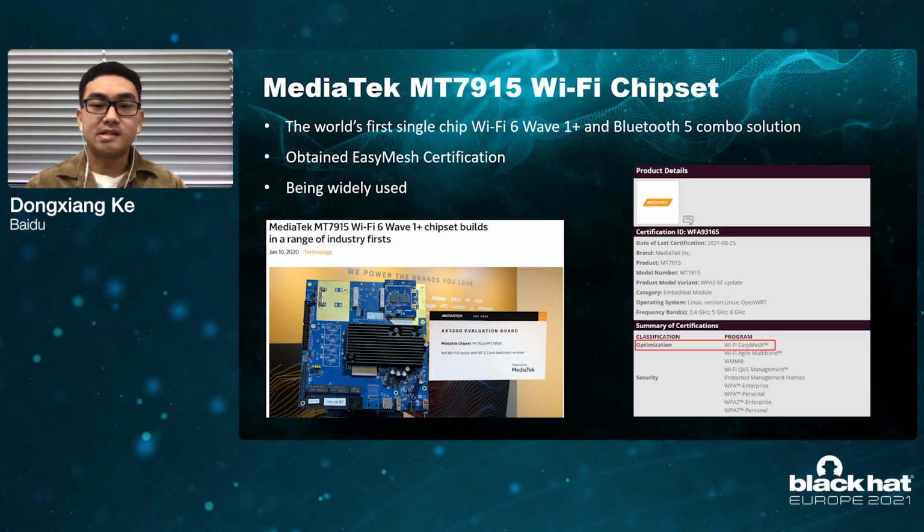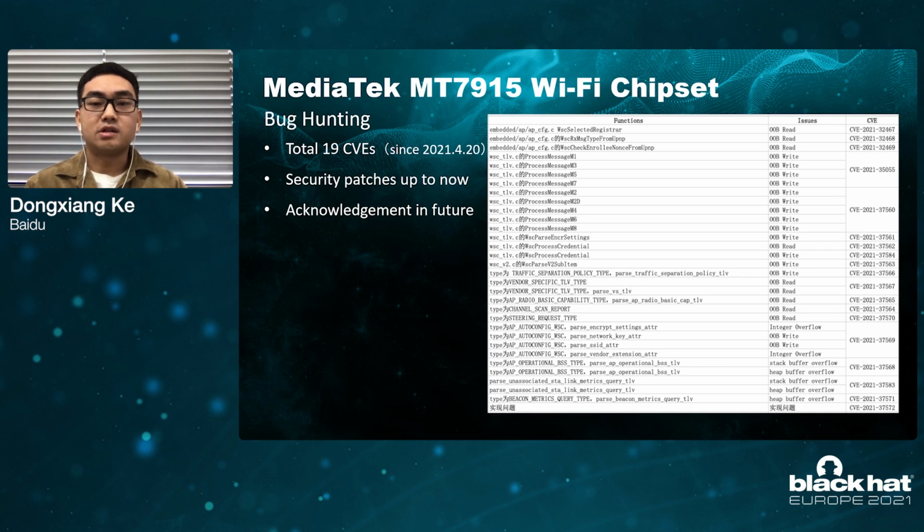Thirdly, MT7915 is a cost-effective Wi-Fi chip. It's adopted by many Wi-Fi 6 wireless routers. Those advantages are very beneficial to our security research. In our security audit of the Wi-Fi mesh solution of the MT7915 chip, we found some security issues, which cover